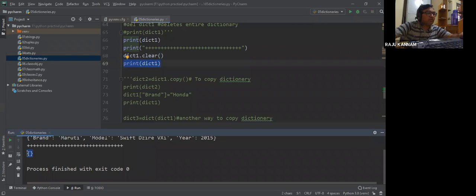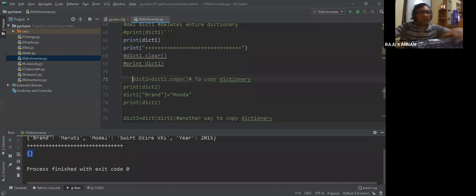See, nothing is there, because we have cleared everything. Like other arrays, you can delete all the entries of a dictionary too. I don't want to delete now, because I want to work further.